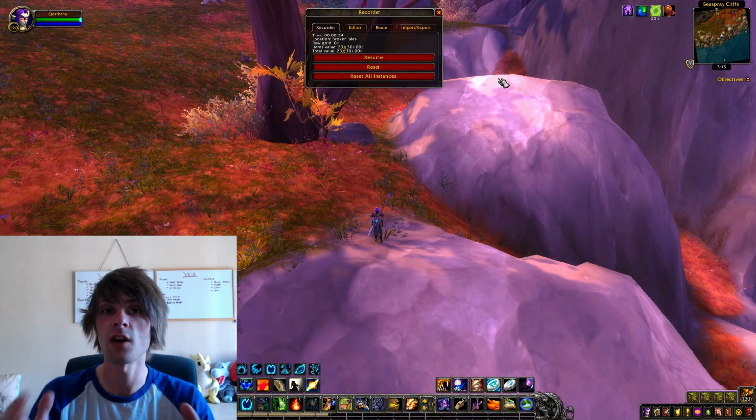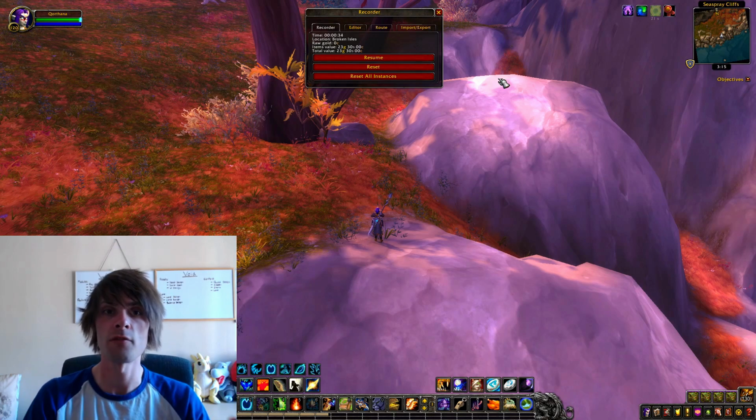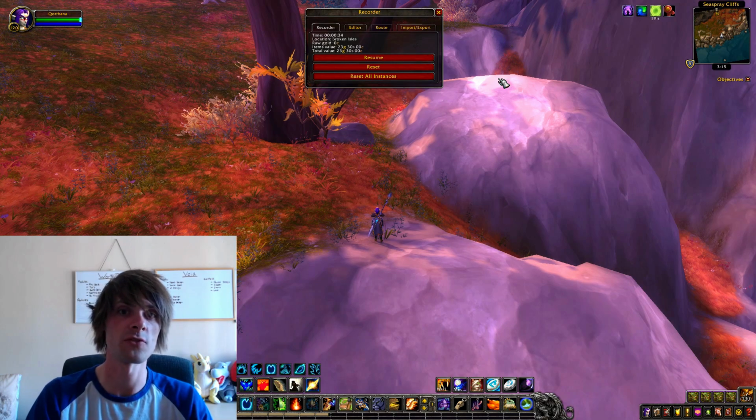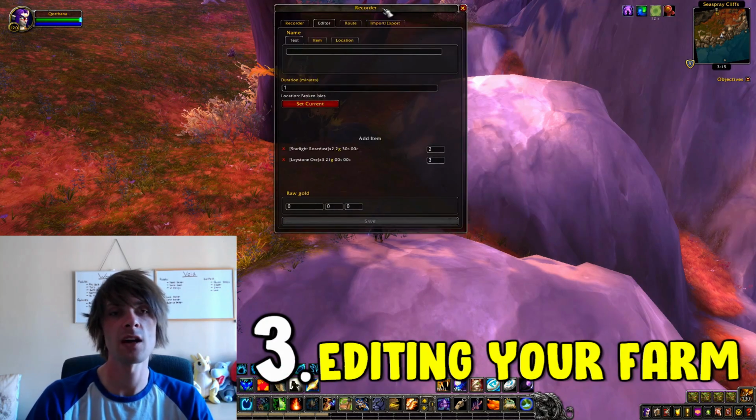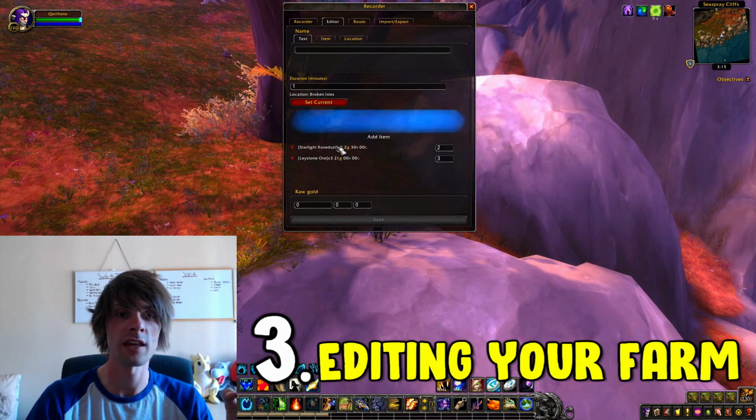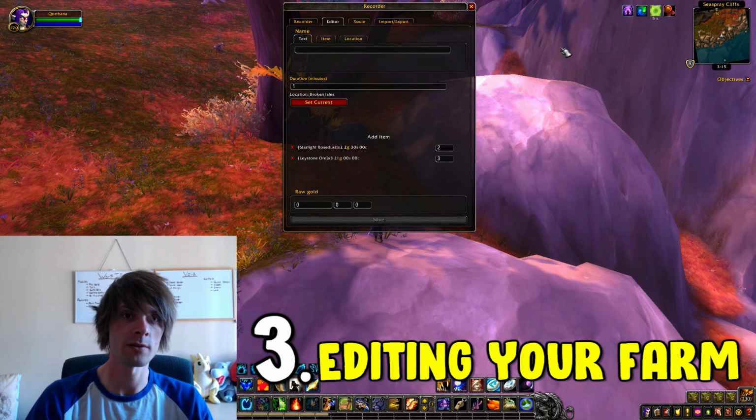Once you've done your hour's worth of farming, and obviously we've done a partial of 34 seconds, we can then go into our editor. The editor holds everything that you've gathered. So we'll start at the top. The top part is where you're going to name it. So we'll just say random farm,